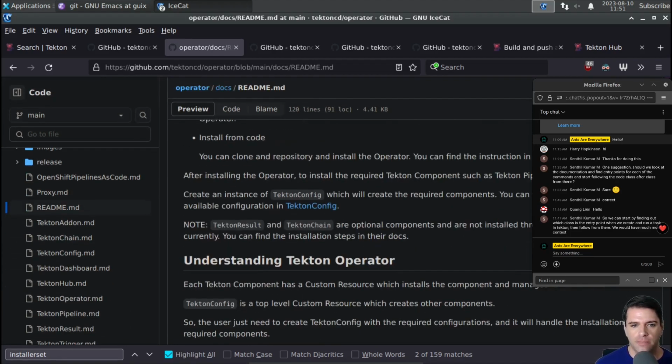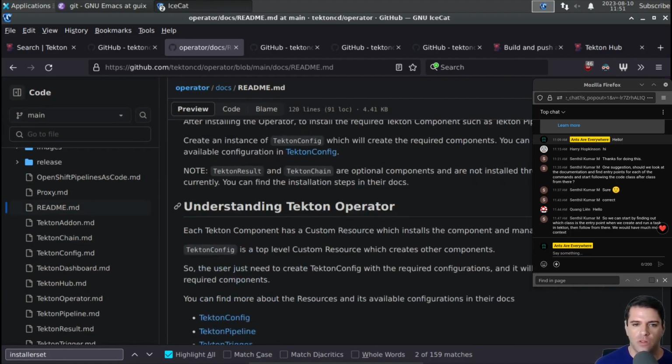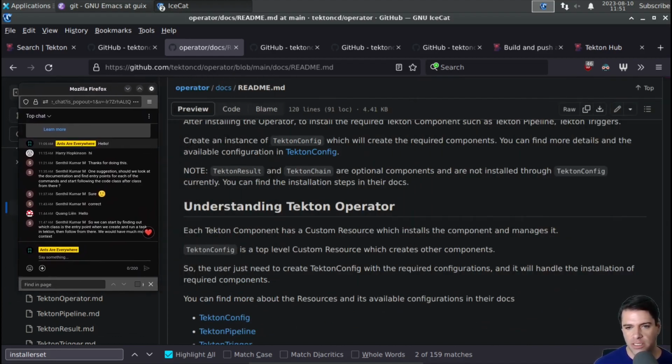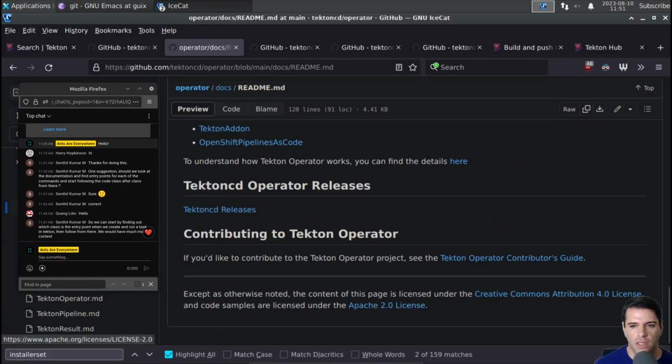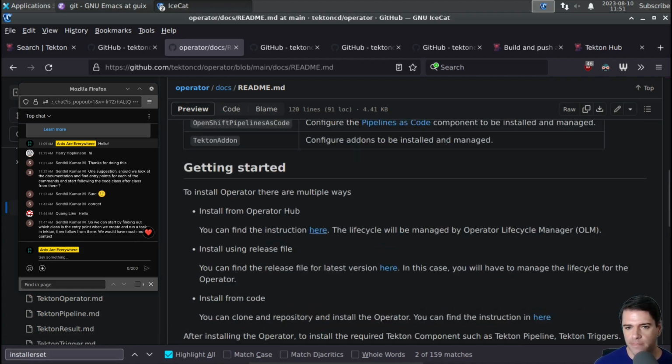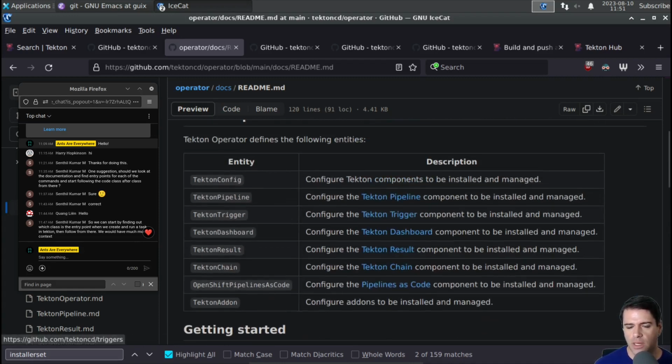And what's it do? So each Tekton component has a custom resource, which installs the component and manages it. Tekton config is a top-level custom resource which creates other components. So the user just needs to create Tekton config with the required configurations. Okay. So the operator, I'm not sure exactly what